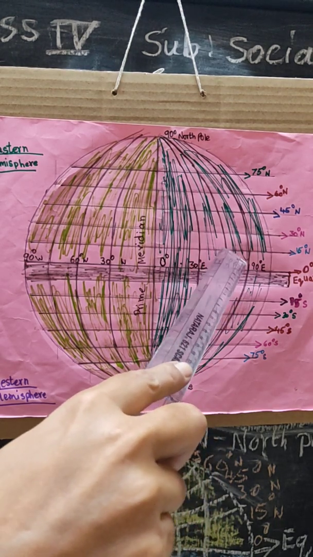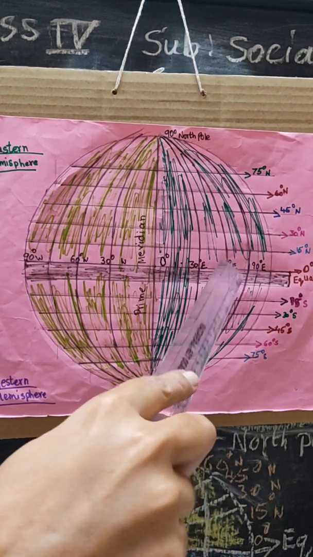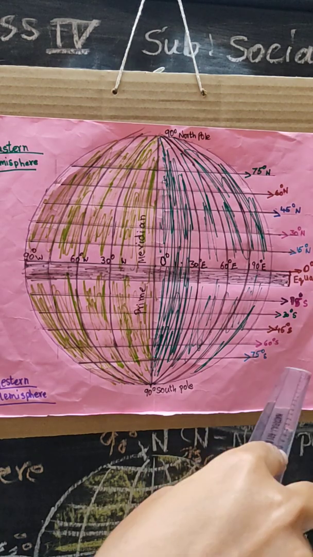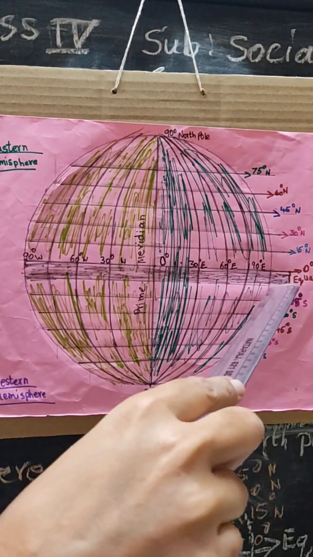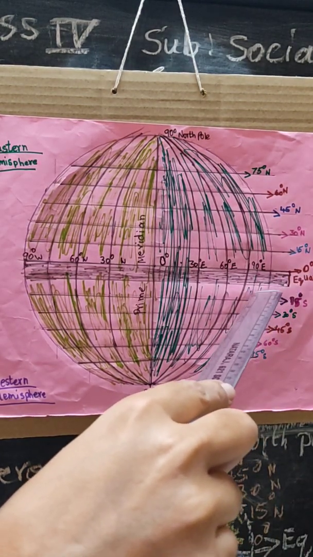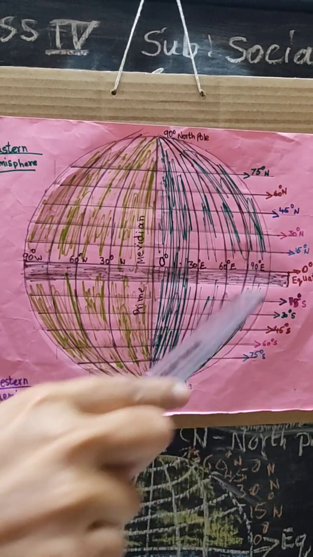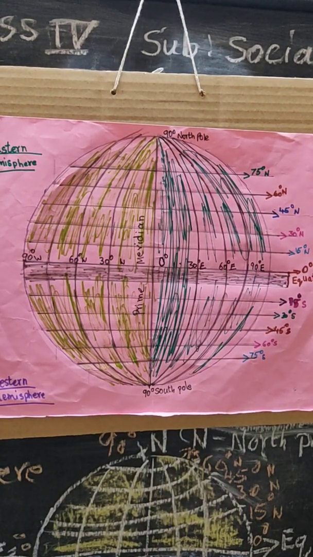Right, now you understood this, children? See this diagram, I made this small chart, and from the reader also I will explain to you. Okay, children, I'll show you in 1 minute.